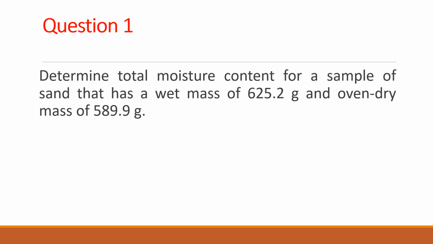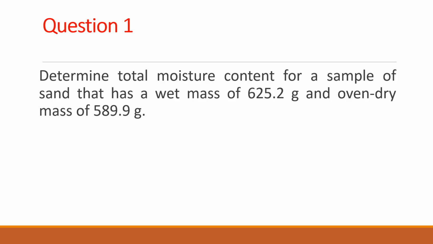Okay, so this one is a very easy question which you can do even without knowing anything about the aggregate. Here they are saying determine the total moisture content for a sample of sand that has a wet mass of 625.2 grams and the oven dried mass of 589.9 grams. So total moisture as a percentage, if you want to find the moisture content as a percentage, what